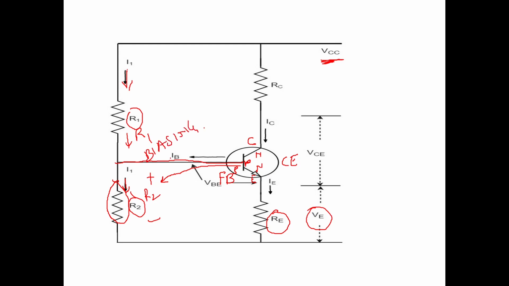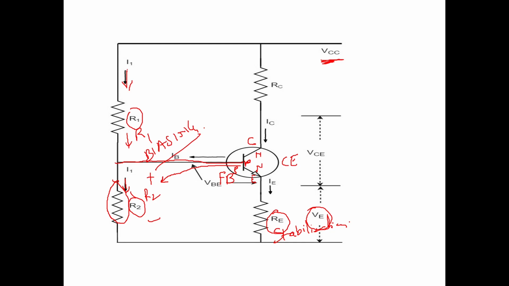That is, you are applying proper DC voltage for the transistor to work in a particular mode. Say I want to make it work in active mode. So the first junction should be forward biased and the second junction should be reverse biased. So that can be obtained by taking this voltage VCC, and dividing that voltage between R1 and R2 and giving it to the transistor. So these are biasing resistors R1 and R2, whereas resistor RE is used for stabilization. Okay. So in this way, this type of circuit is called a voltage divider biasing network.